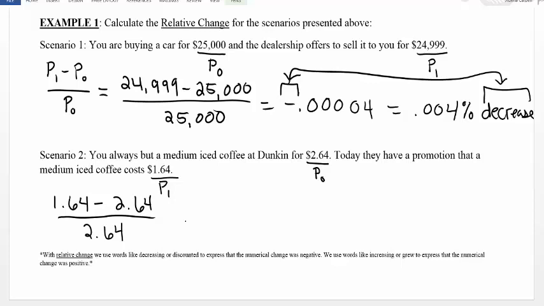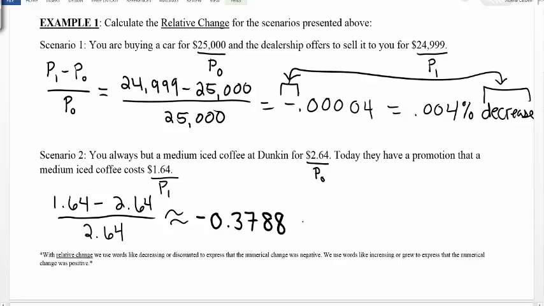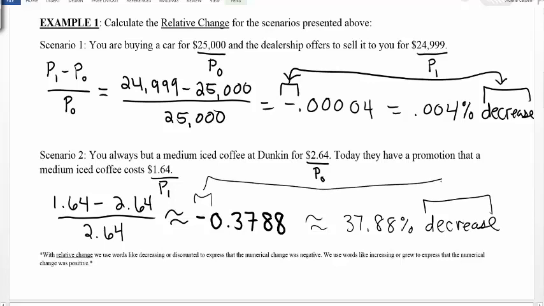So here, what I need to do is use the approximation symbol because I'm going to do some rounding. So here, I'm going to call this negative 0.3788. If I were to turn that into a percentage, which I'm usually going to do in this type of problem, I would multiply by 100 and I would get that this is approximately a 37.88% decrease in price. So again, I'm replacing my negative with the word decrease because when we talk about percentages,